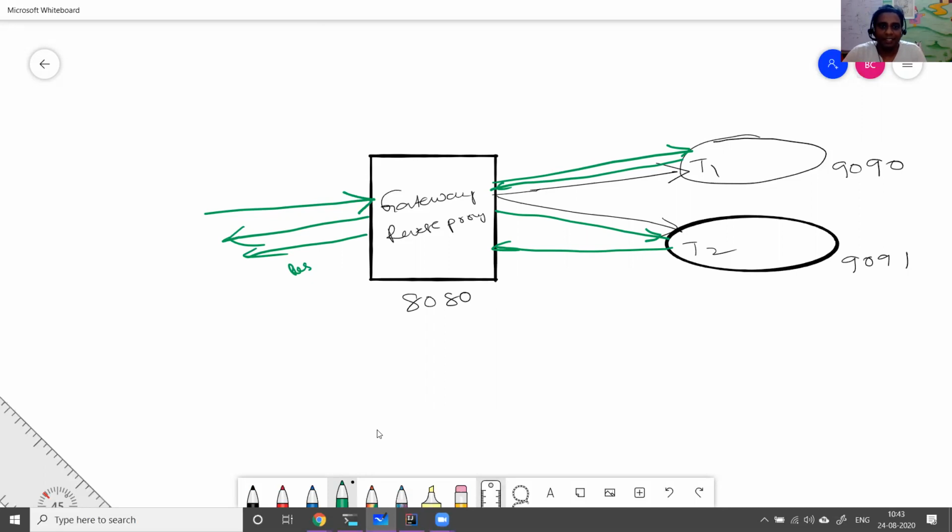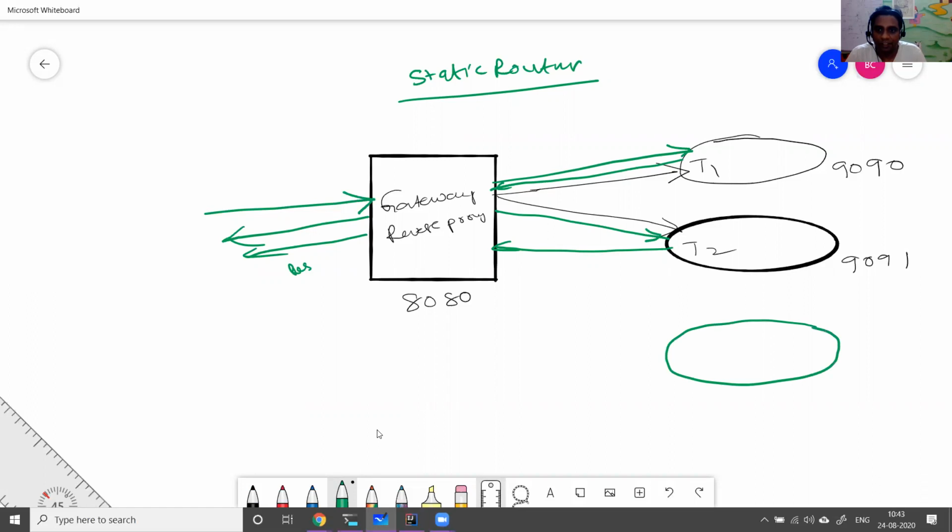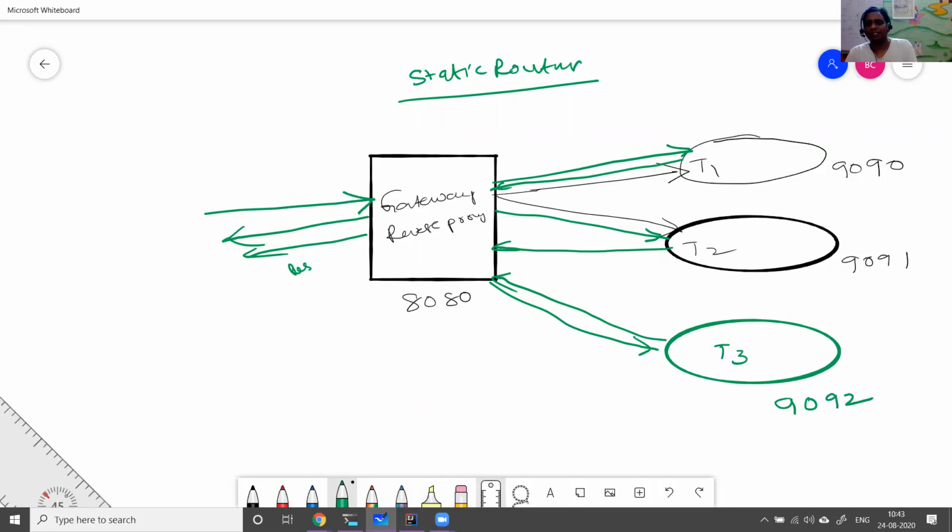I call this static routing. The reason is if I get a new Tomcat T3, I need to make configurations in the gateway. I need to explicitly make some configurations in the gateway to make use of this Tomcat running on 9092, which is against dynamic scaling.